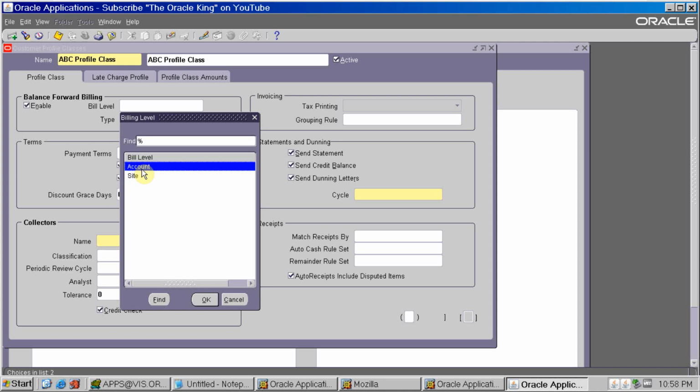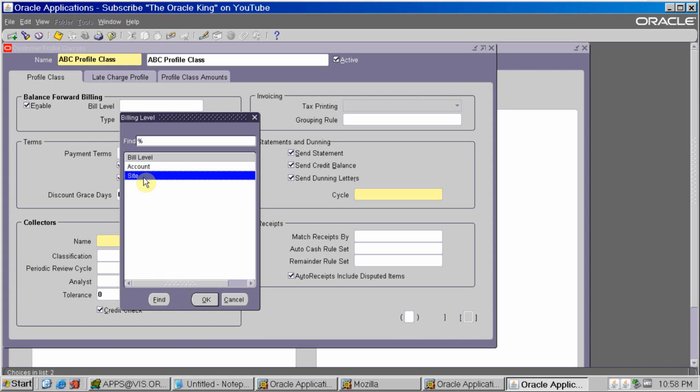Account means the customer account. If you have multiple sites in a single customer, all the invoices will be in one BPA report for that customer.